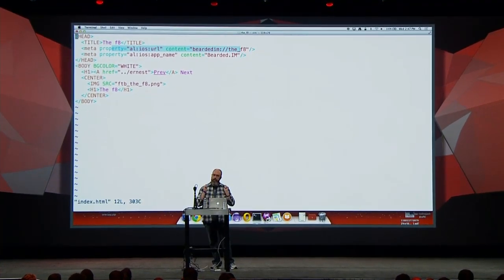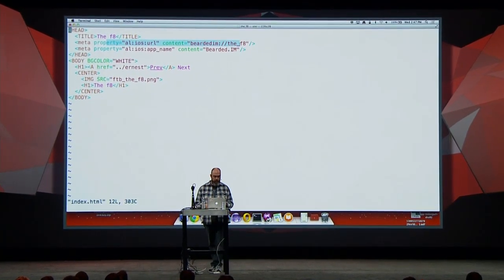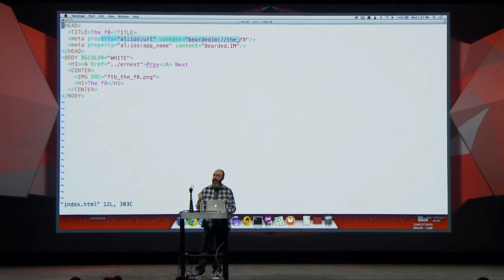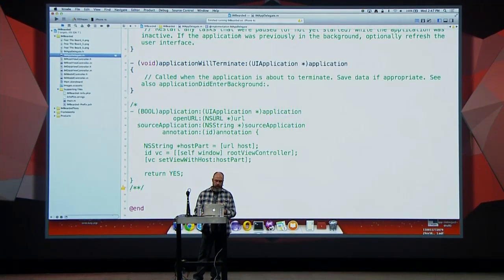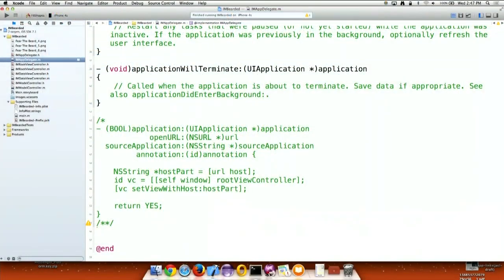All right, so if I publish this to my Parse Cloud Code project, then I would now have those meta tags. And I'm going to switch over to Xcode environment, and here, what I'm going to do is uncomment a block of code which overrides a virtual function. This virtual function gets called by the operating system whenever my application is launched or switched to using a URL.